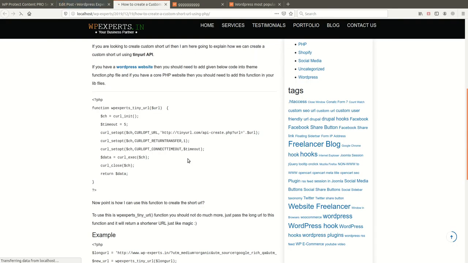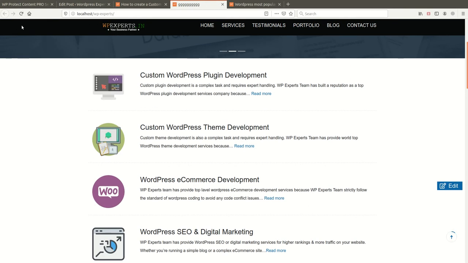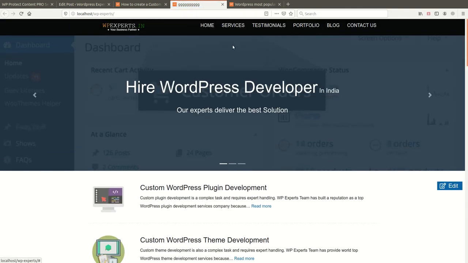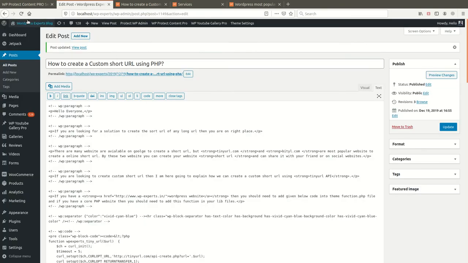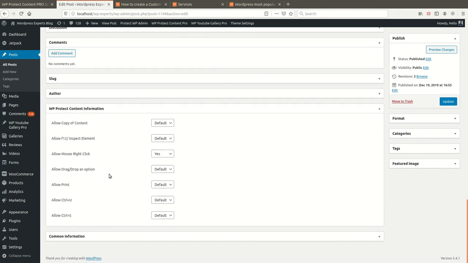Let me refresh. Yes, I am able to right click on this page, but right click will not work on my home page or any other page. These are the page specific settings, and here you can manage them for every individual page.